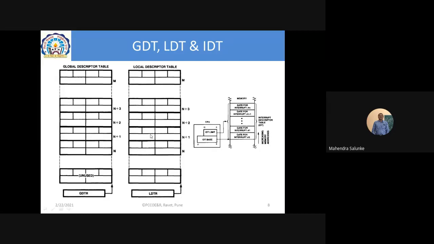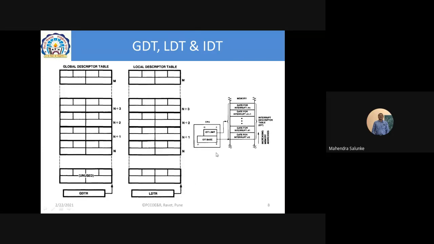Now, what about the IDT? On the right side, we have this structure of the IDT. This IDT base is pointed to by your IDTR. In this diagram, bits 0 to 31 indicate the IDT base, and bits 0 to 15 indicate the size of your IDT, so the total is a 48-bit calculation, 32 plus 16. In the GDTR case also, I told you it is a 48-bit register. The LDTR, I told you, is a 16-bit register, a selector part, and the automatically loaded part holds the base address of your local descriptor table.